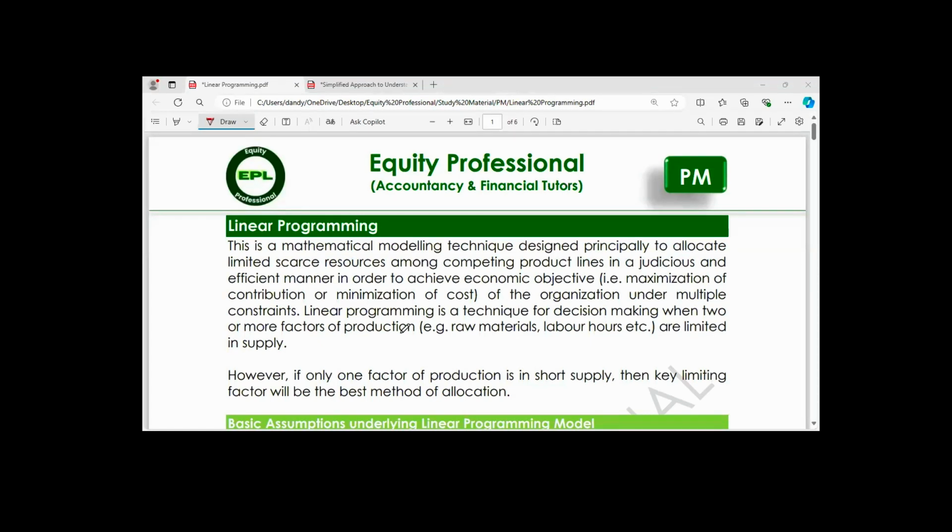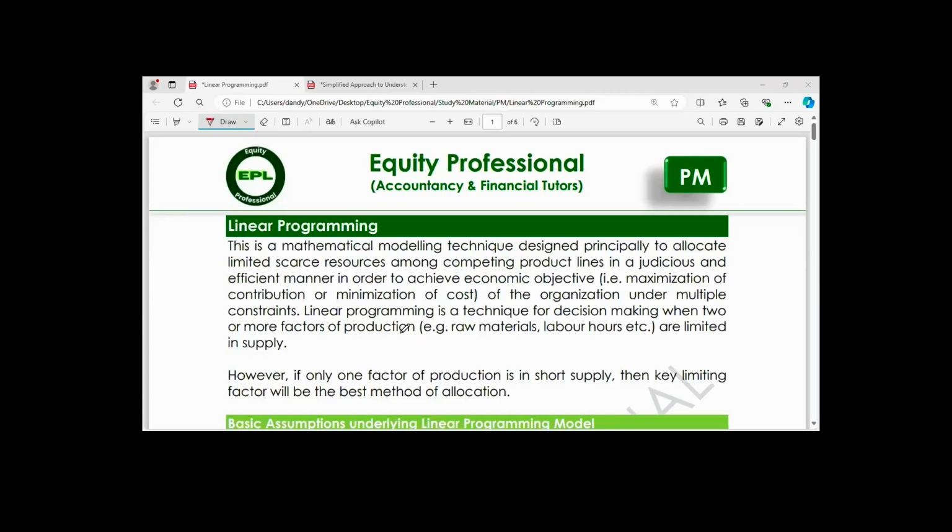Then after that, if we still have some minutes or an hour, we can move to CVP analysis, cost volume profit analysis. All right. So last time I explained that linear programming